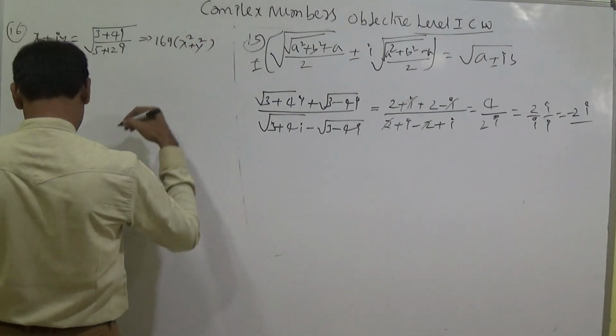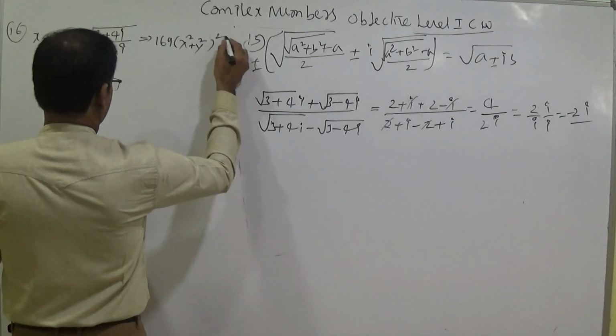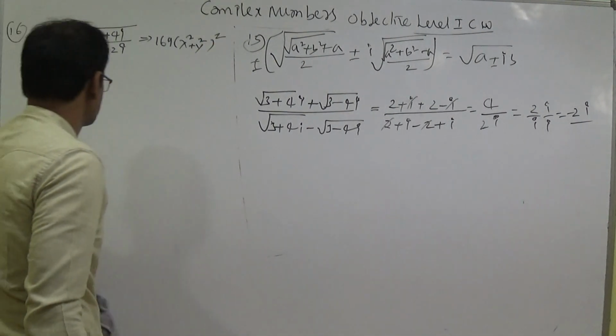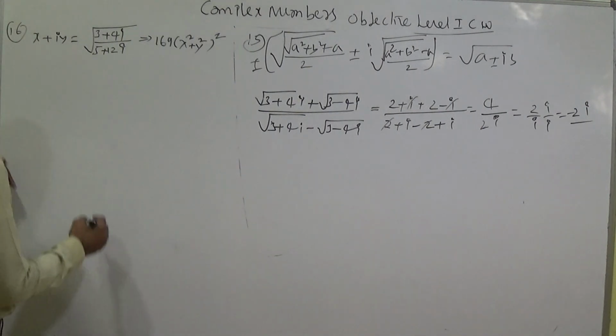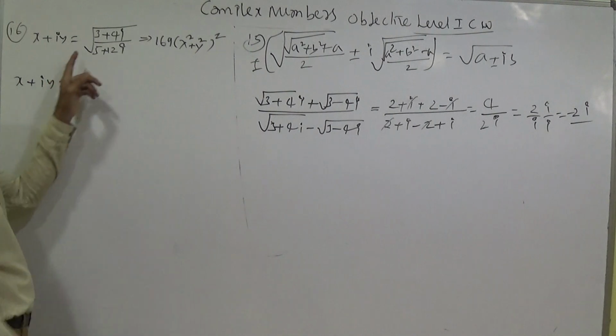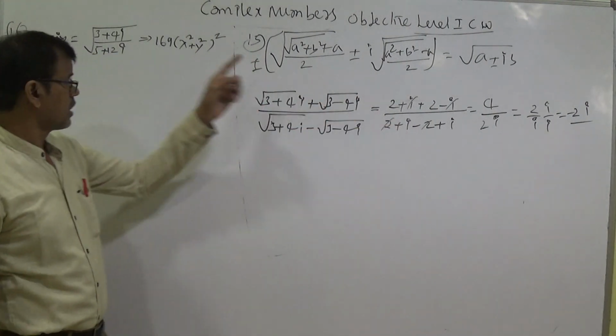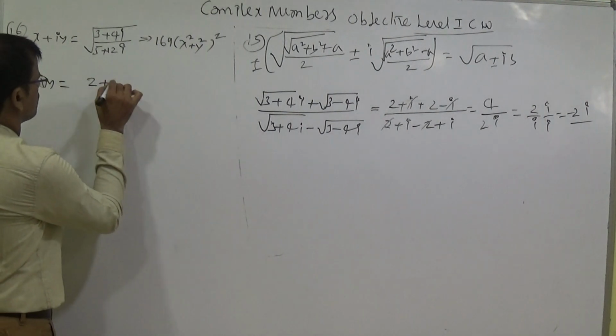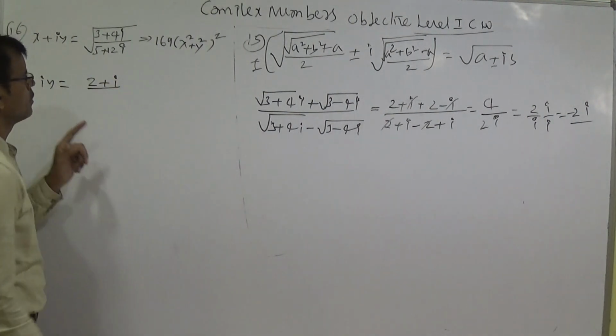169 into x square plus y square, total whole square. 169 into x square plus y square whole square. x plus iy is equal to... Now in terms of this root, we should write like this. Root of 3 plus 4i, we have calculated that it is 2 plus i by root of 5 plus